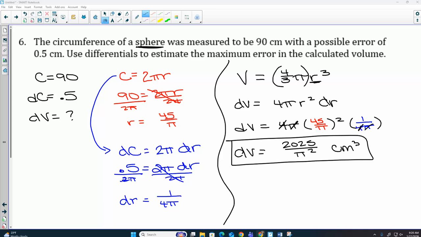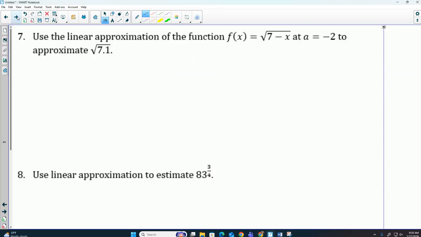Okay. Question number 7. Use linear approximation. This is a fancy way of saying basically write an equation of a line. My a is -2. That's giving me a point. If I put -2 in for my x, I get the square root of 9, which is 3. So (-2, 3) is a point. To write the equation of a line, you need a point and a slope. So my function